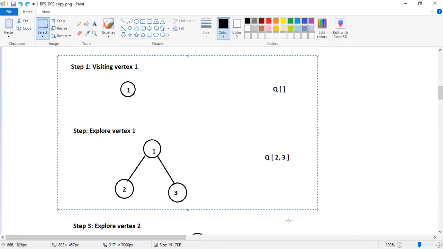Online students, see why I'm sticking to this question, because later you will get confused while reading. At the time of step 1, we had the queue as empty, and then going to step number 2, at the end of step number 2, we are able to see only 2 and 3, where this particular vertex 1 has disappeared. Why have we not written it? Can anyone answer from the online students?